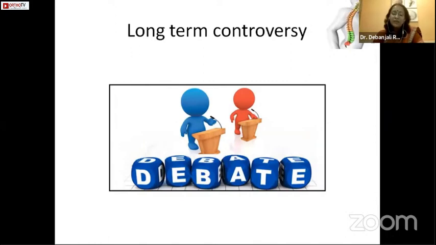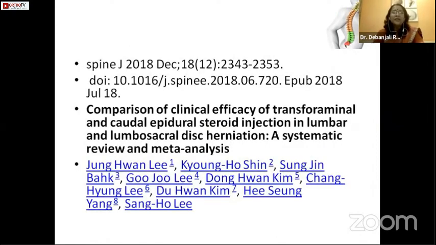There are long-standing, ongoing debates on whether we will use steroid or not, whether steroid is to be used very frequently. It has got so many adverse effects, whether it should be used with local anesthetic, without local anesthetic, and so many. So let's start with some journals and meta-analyses, let's start with the comparison of clinical efficacy of